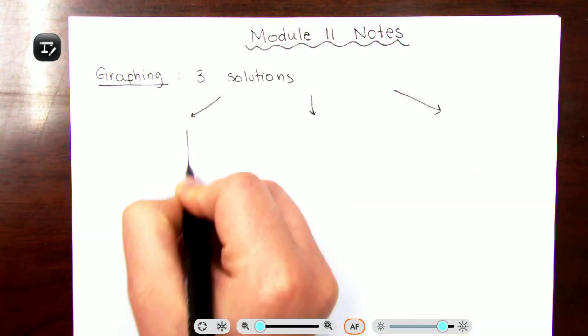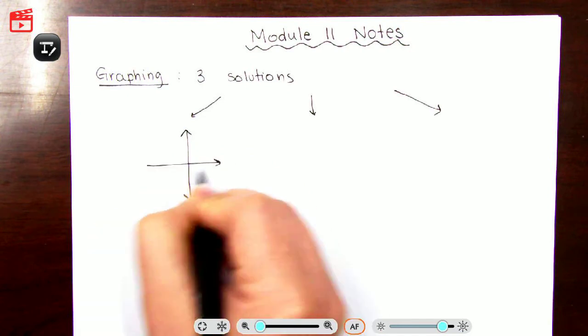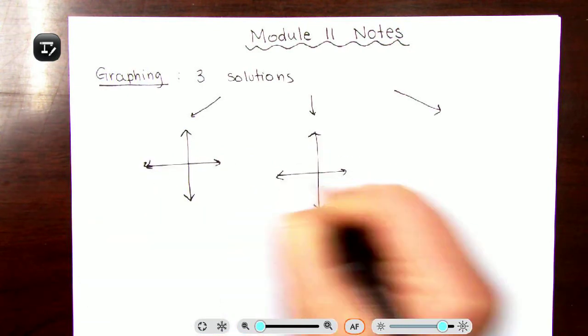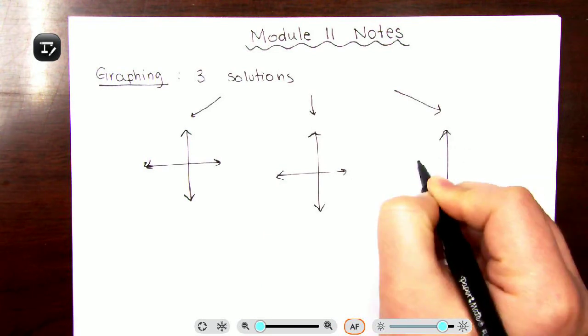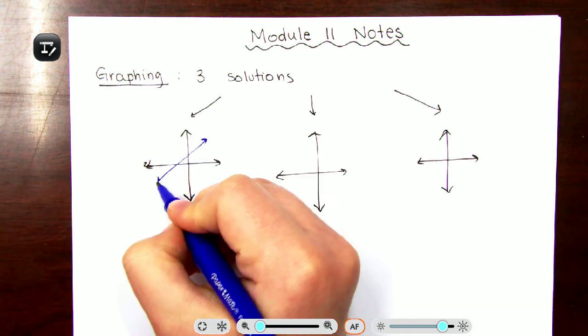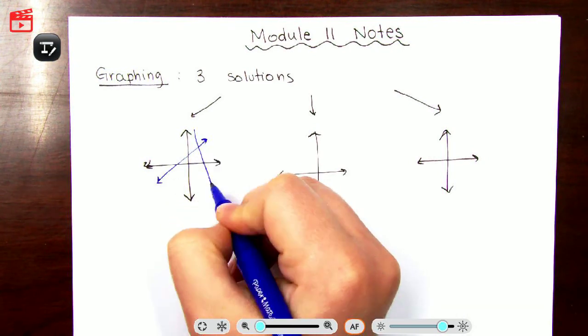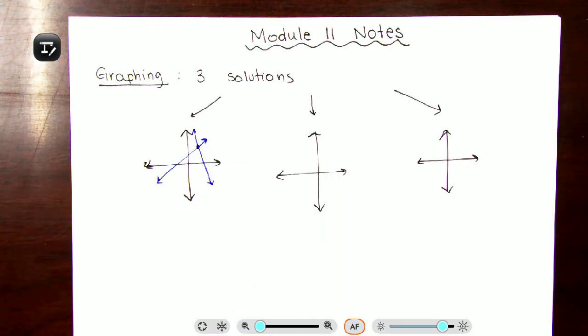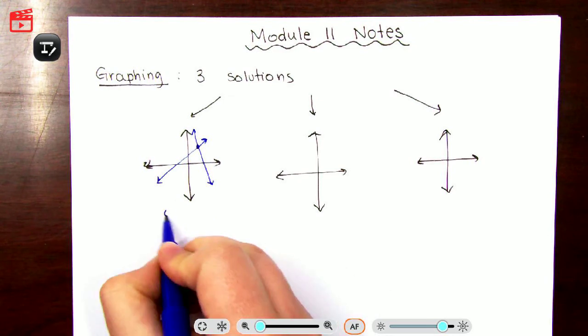When graphing, you have an x and y coordinate system. Option number one is to have two lines that intersect somewhere, and your answer is where they intersect. So you can have one solution,